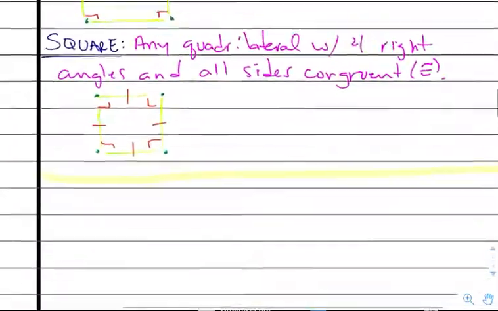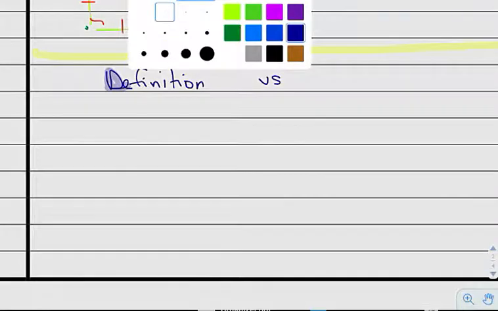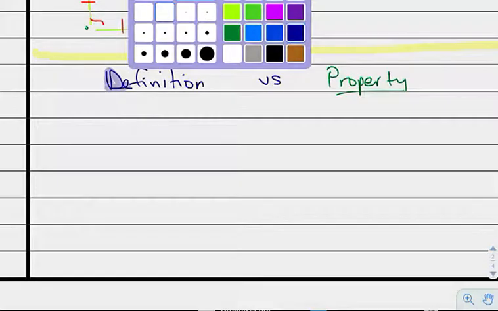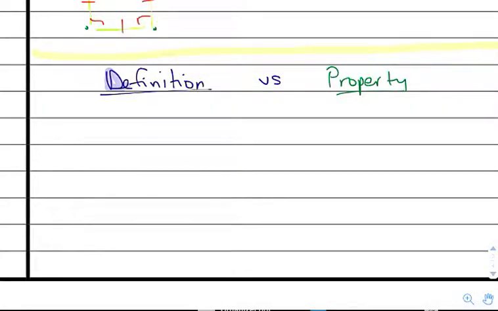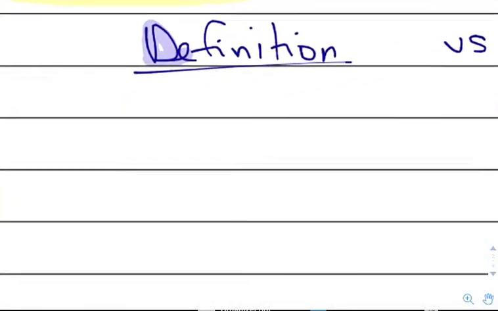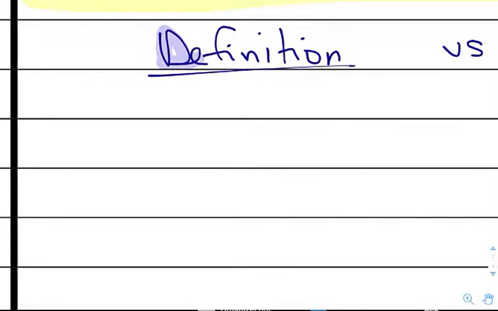When you think about the difference between a definition and a property, the main thing I want you to see is how they're used. So if we look at definition versus property, let's establish a guiding principle for us, where if I talk about a definition, I'm talking about